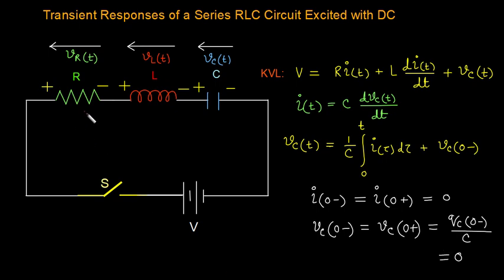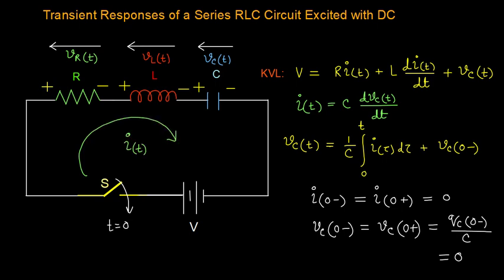This is the given RLC circuit connected to a battery or a DC voltage source through a switch S. Let us assume that the circuit was initially relaxed and switch S is turned on at t equal to 0. So before the turn on of the switch, no energy is stored in the circuit, which means the initial charge stored in the capacitor is 0 and the initial current through the inductor before turning on this switch is also 0. After turning on the switch, let us apply KVL across this loop.